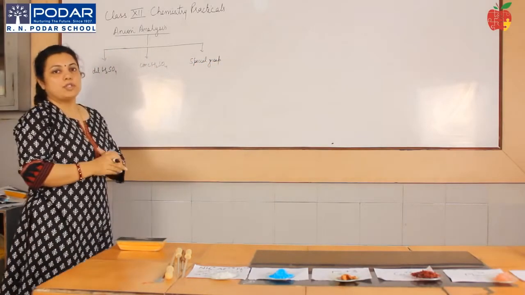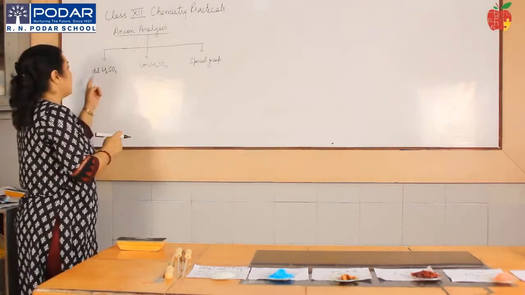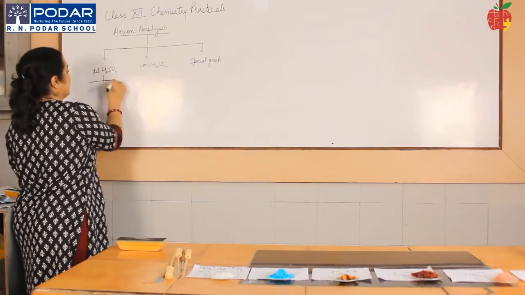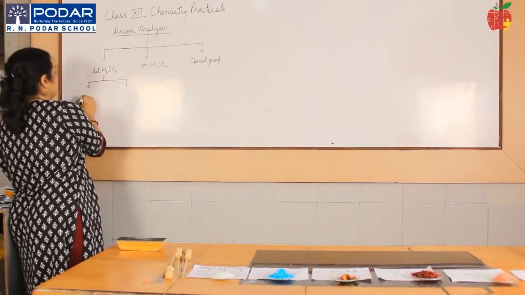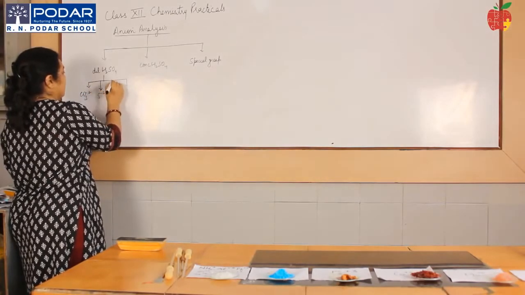Salts which are easily decomposed by dilute H2SO4 are kept under dilute H2SO4 group. Now dilute H2SO4 is your group reagent for these particular anions, and the anions in this group are carbonate, sulfide